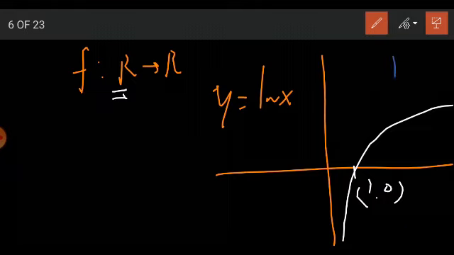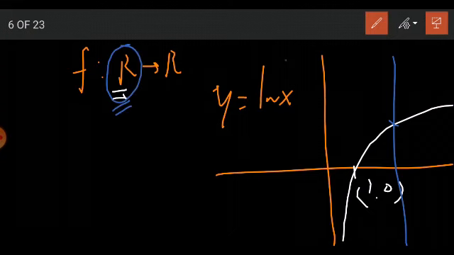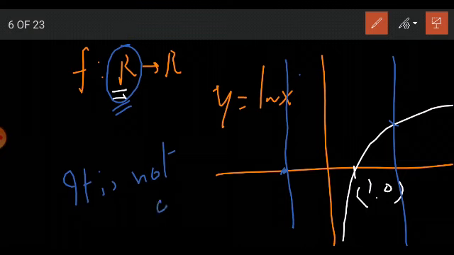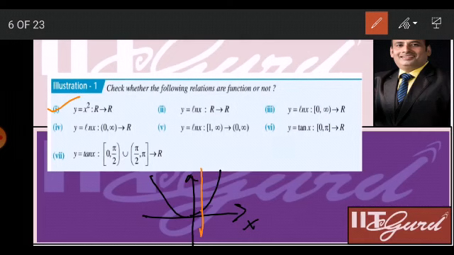For the graphical approach, if we draw a line parallel to the y-axis, the blue line, it cuts at one point, so it infers that it is a function. But here the domain is given as R, so you have to draw a line parallel to the y-axis there also. That is the point to be noted. Here it doesn't cut the curve, so we conclude that it is not a function. Fine. This type of question is to be noted. So this one we can cross; it is not a function.